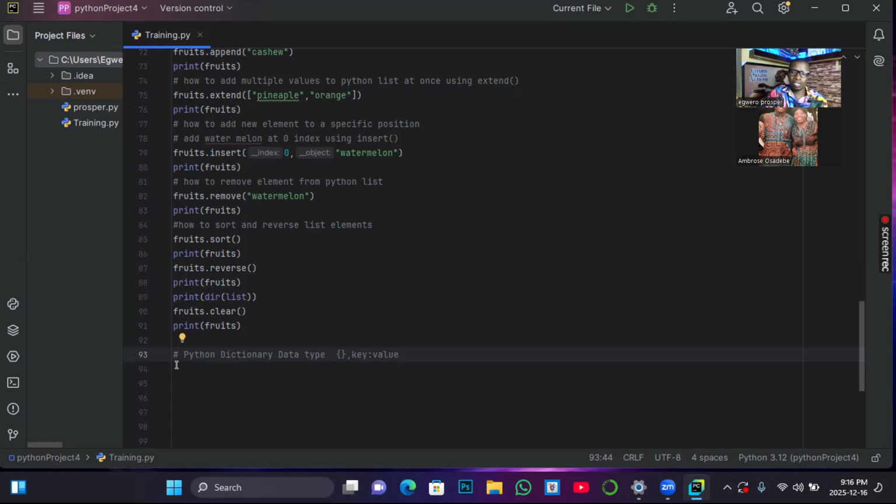But in a dictionary, it's just like you are creating a bucket, and inside that bucket,